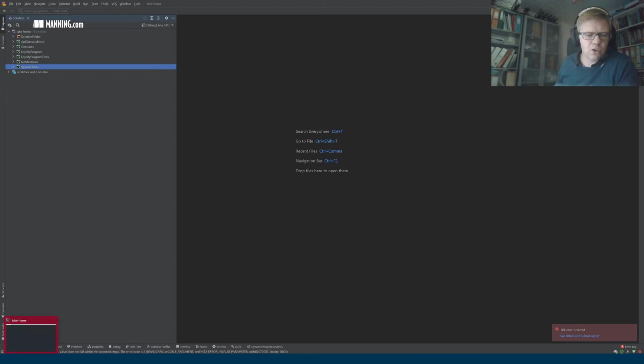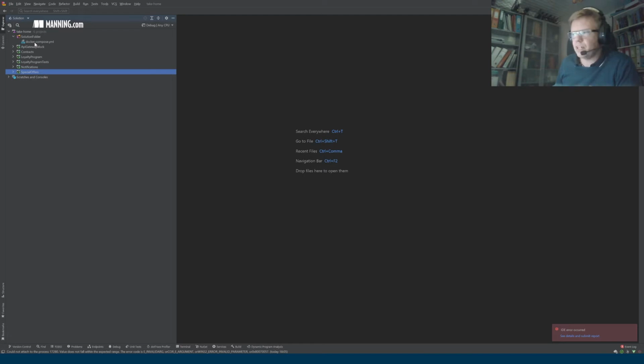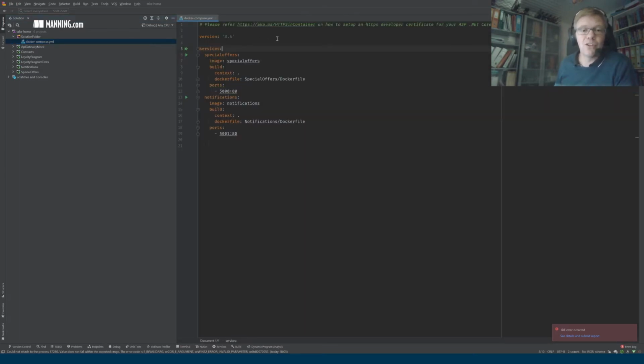So I'll switch over to, I'll actually show you one thing before that. I have a little Docker Compose file here, and the Docker Compose file is, well, a file that allows you to compose more than one Docker image and sort of run them just in one go. So I've containerized, Dockerized the special offers and the notification. The loyalty program I've kept out of it. I'm just going to run that directly on the command line with just dotnet run,